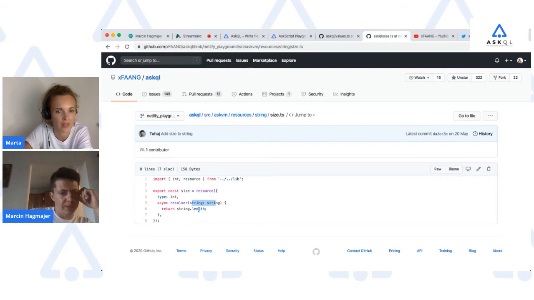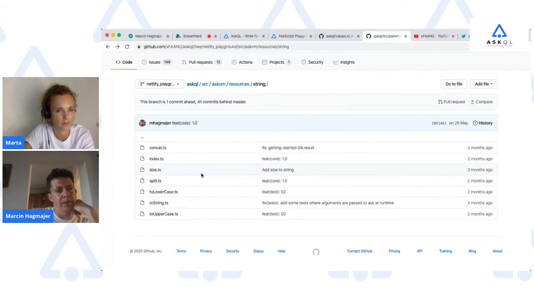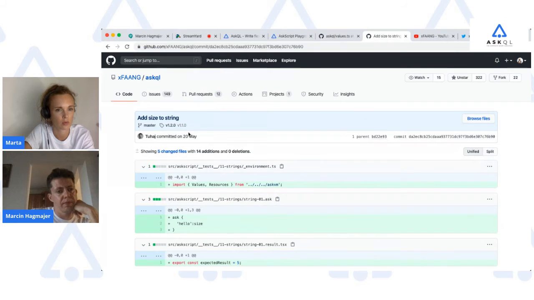String length, number of characters? I don't know. Maybe you can use it in a query and figure it out from that. Add size to string.